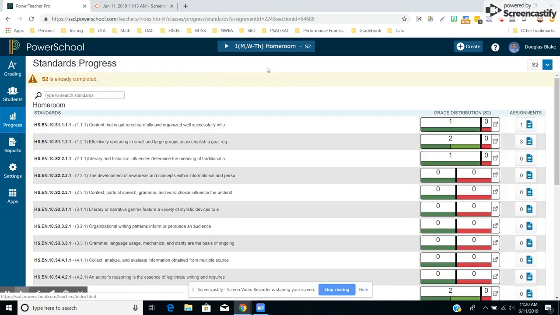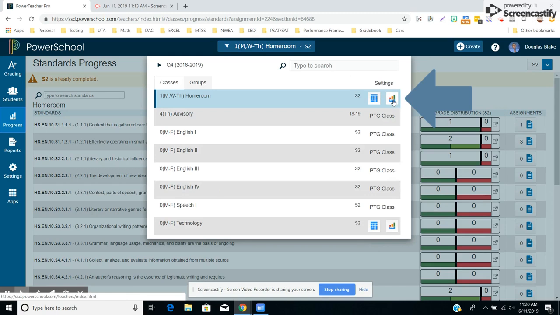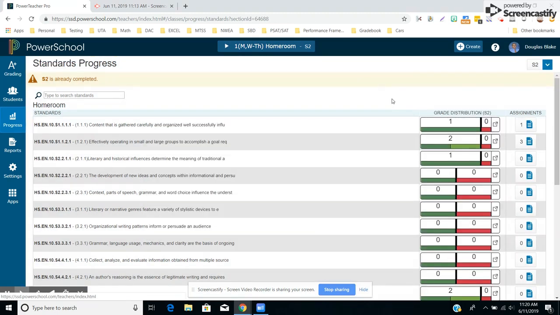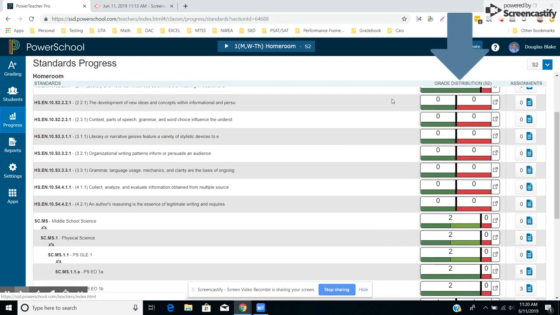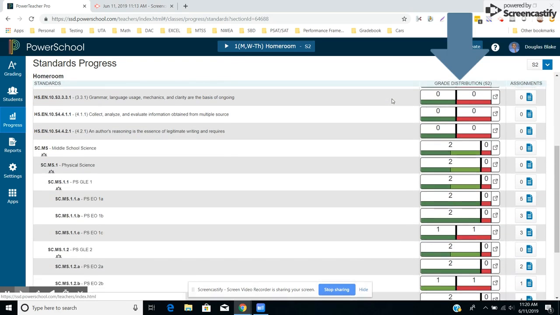You can also get to the Standards Progress page by selecting the class selector at the top of the window. Then select the bar graph icon to go to the Progress screen. The Standards Progress page displays a list of standards in this class. The simple bar graph on the Standards Progress page shows the distribution of grades for each standard linked to assignments